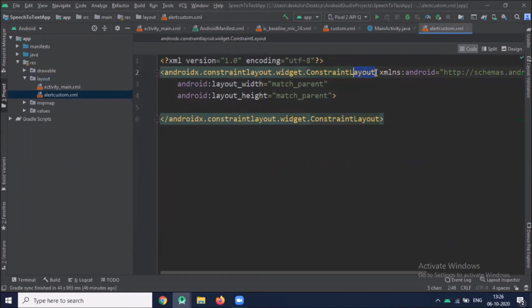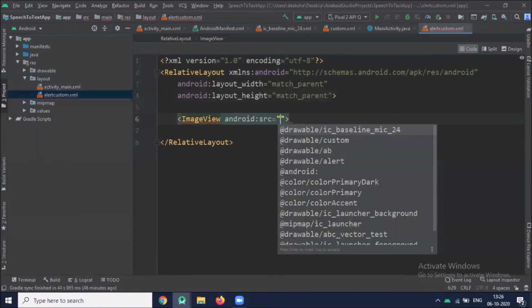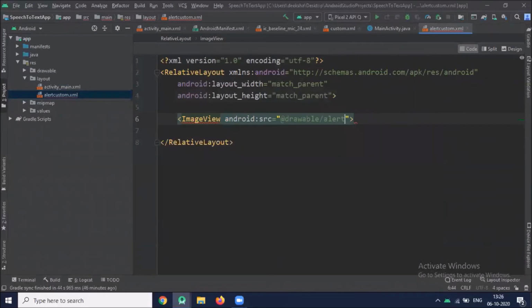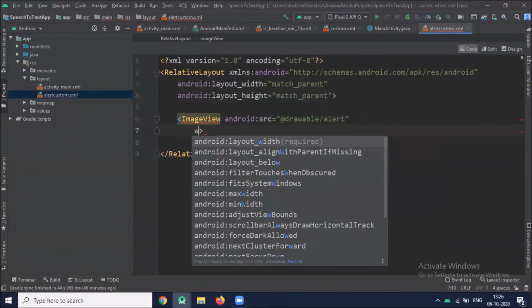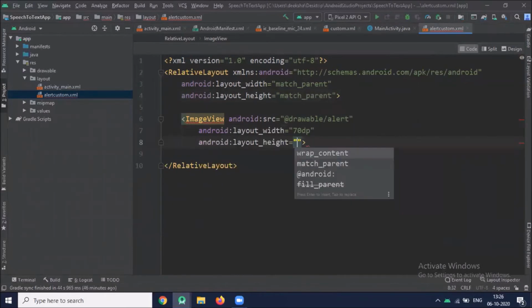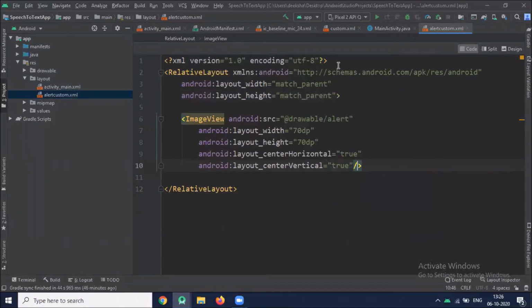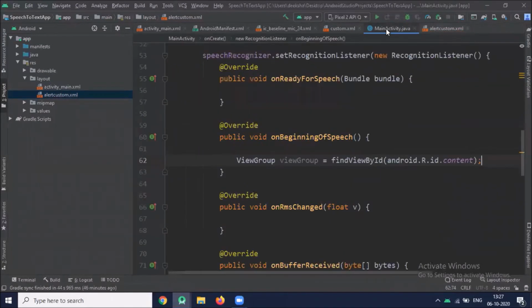Here we use relative layout and add one image view. I already saved one image in the drawable folder. Now click on MainActivity.java.